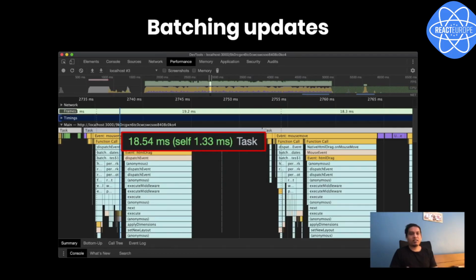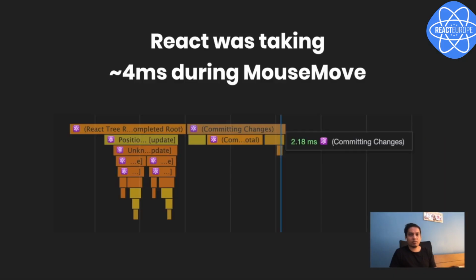We had a look at the profiler and the React re-render timeline. React adds a lot of information in the profiler tab. If you see the function calls and the timeline in the timing tab, it shows which components were re-rendered and which were expensive re-renders.